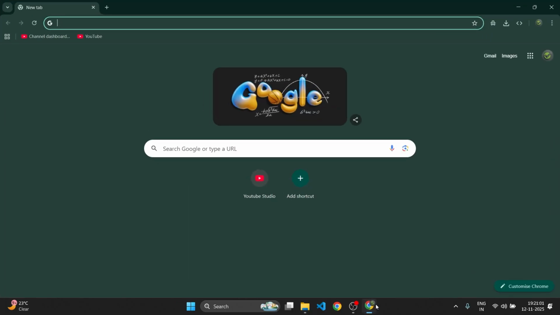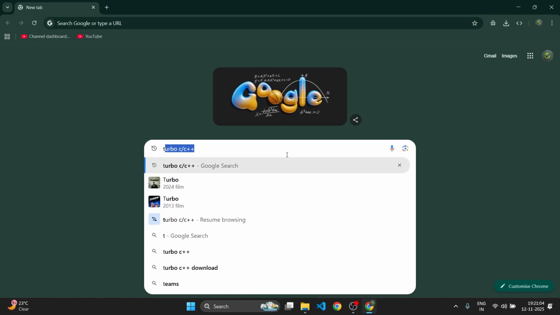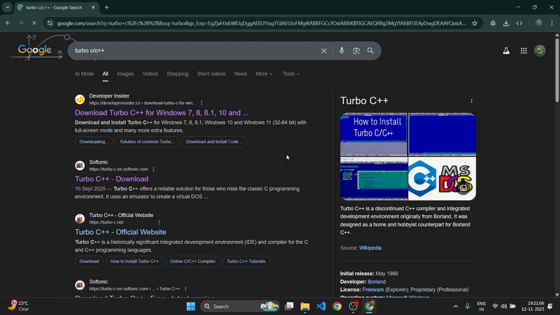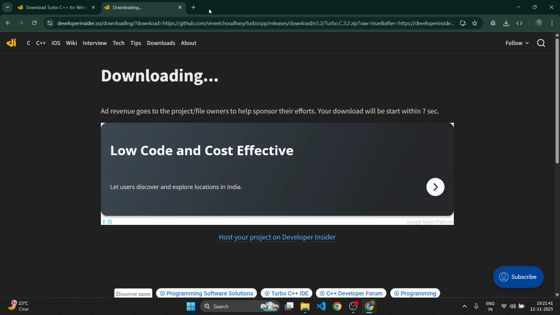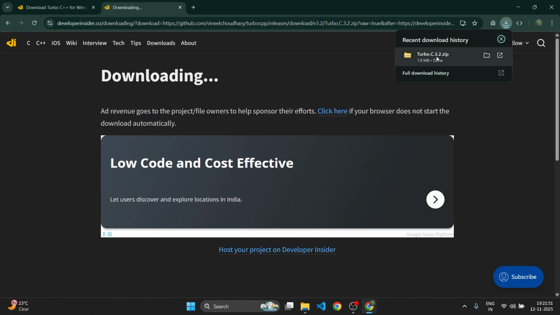First, open your web browser and search Turbo C++ and press enter. Now you will find many options. Choose the trusted website. I choose Developer Insider. Now click here to download the Turbo C++ compiler. Now you will see the Turbo C++